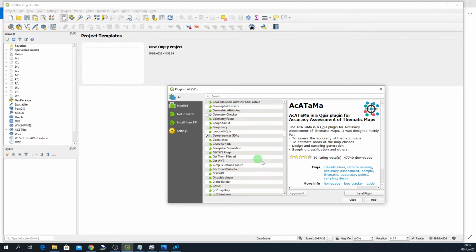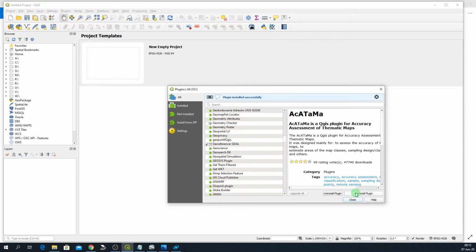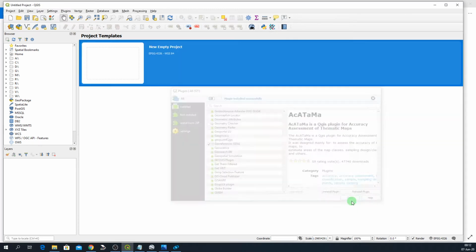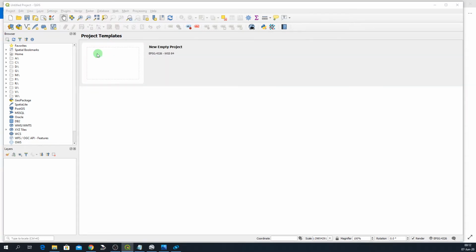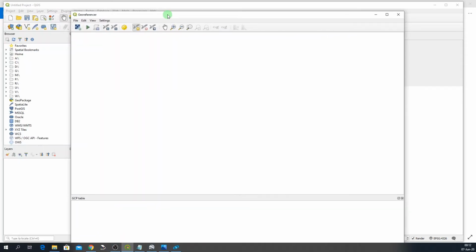You click this and you click install plugin. It'll install the plugin, and once it's done you can click close. Now you come up and click on raster in the top menu, and then you click on Georeferencer. The Georeferencer comes up in a new window,